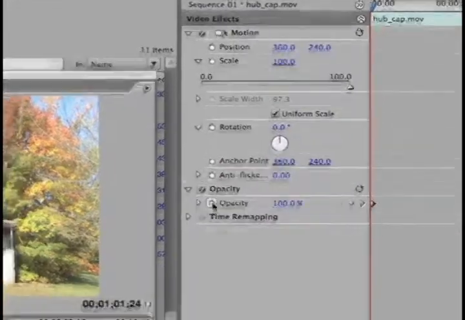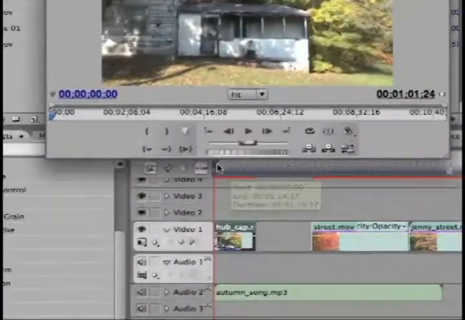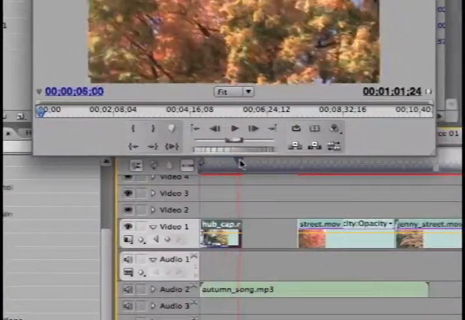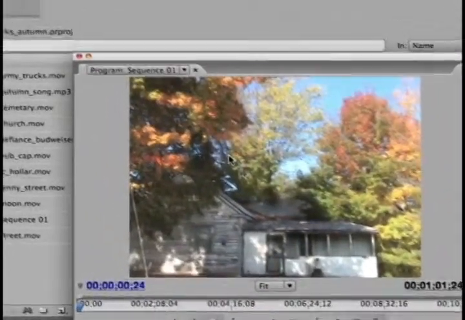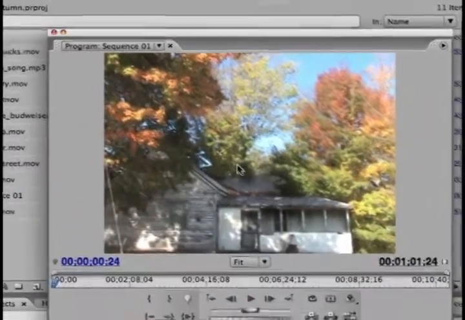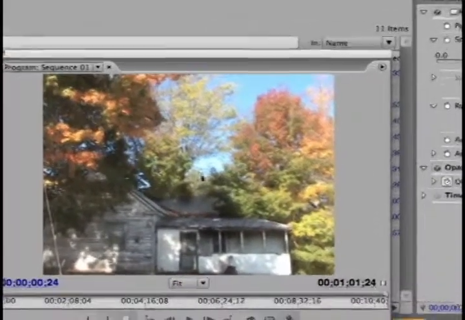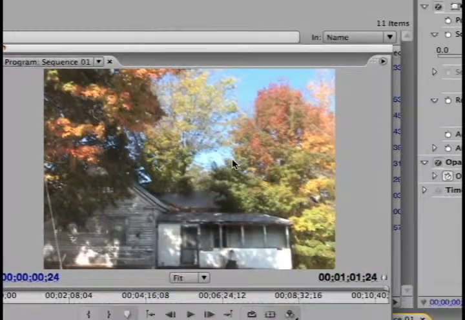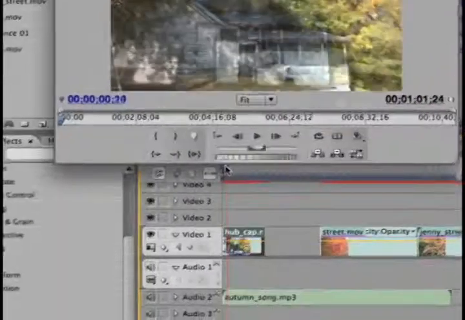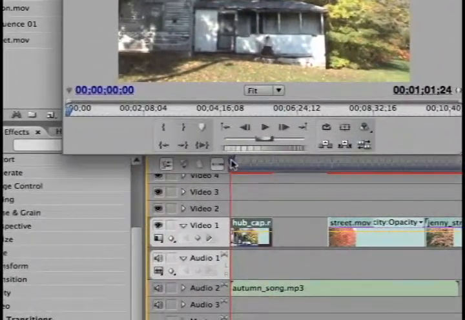So what I'm going to do is I have this clip at the beginning. I've already sped it up a little bit, and I want it to start large like this, and I want it to move up into a corner. I'm going to take 4 other clips and have them eventually move up into the 4 corners of this video. So I put the timeline where I want it to be at the very beginning,